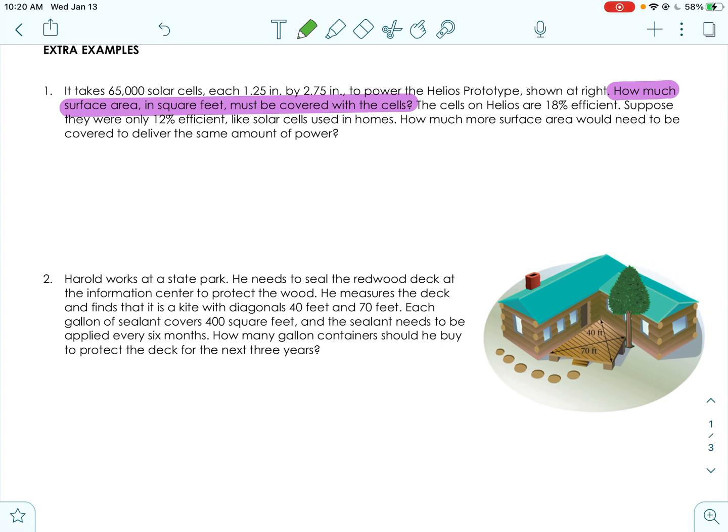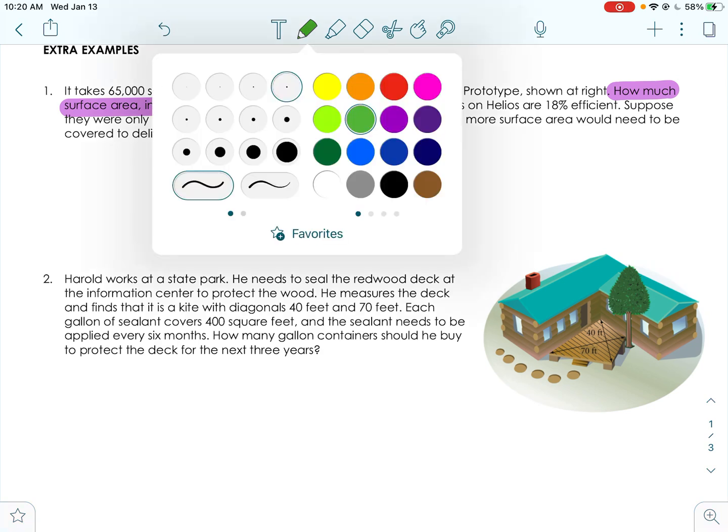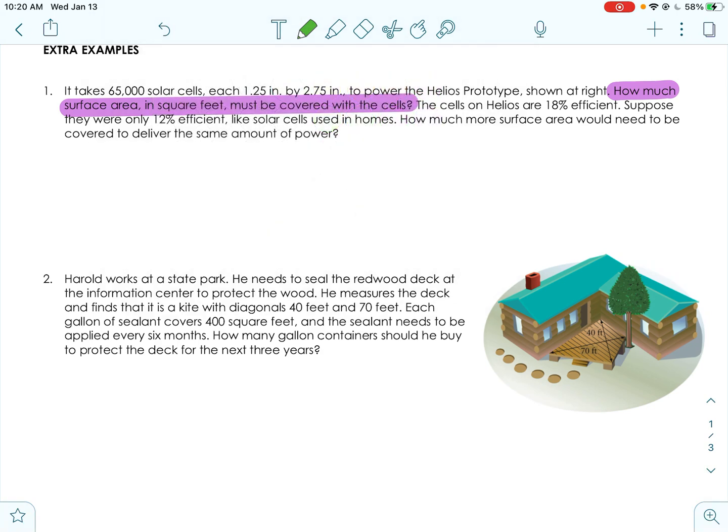In order to figure out how much surface area must be covered, we need to figure out the total surface area covered by the total number of cells. Each one is a rectangular shape, so if we want to find the area,